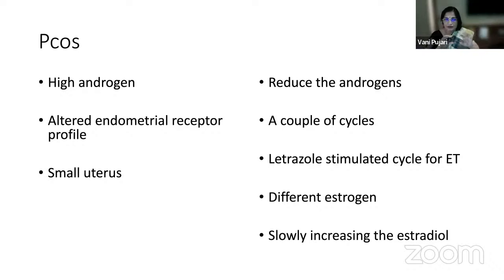That means I think the receptors are all blocked. So there is some receptor problem in PCOS. So we need to give a slow increase, like 2 milligrams, and then 3 days later 4 milligrams. We can slowly see that the endometrium is slightly building up. So that slow increase also works whenever we suspect these receptors get clogged, because even if you give more, it will not take up that estrogen,